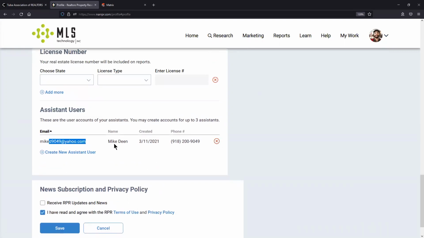This is actually an important area. So we've mentioned already that the realtors are meant to be the only ones that have access to the realtor property resource. The idea behind the assistant users is that if you do have somebody that maybe is an office admin or an assistant to you, they can actually get that access. So if you needed them to run a report, you can just send them a text, say, can you run a report on such and such property, send it to such and such email address, and then they can just take care of that